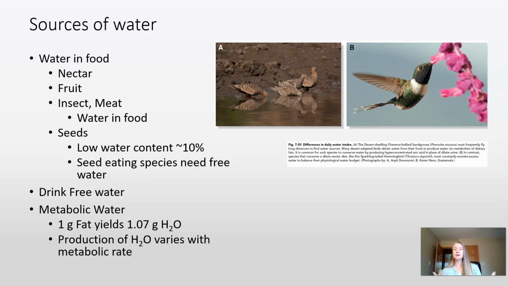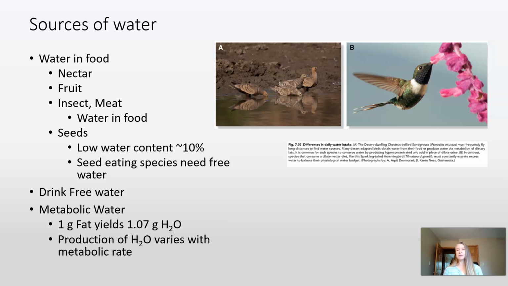So there is water in food. Again, your diet is going to really affect how much water you get and how much water you need to drink. If you're feeding off nectar, there's a really high amount of water in nectar, so they're going to have a lot of water to excrete. Fruit eaters, frugivores, again, there's more water in fruit. So frugivores and nectivores don't really have to worry about obtaining water outside of just their diet.